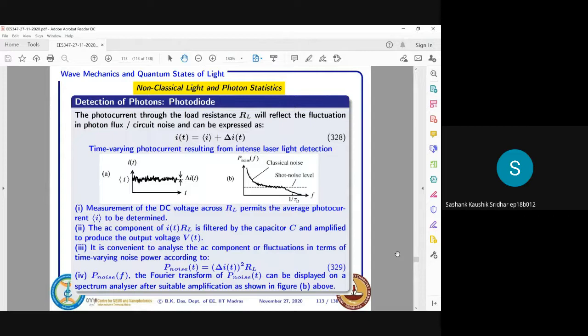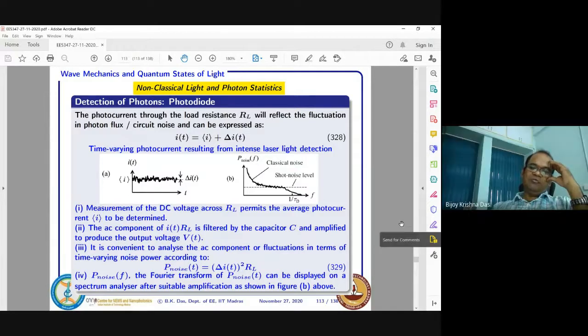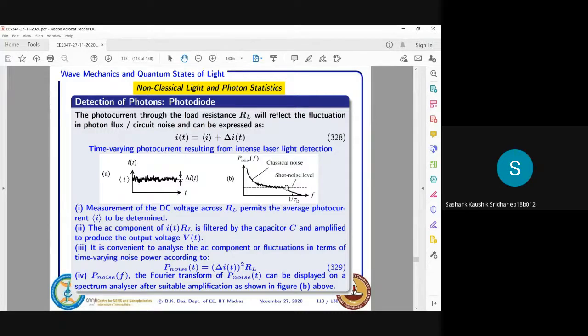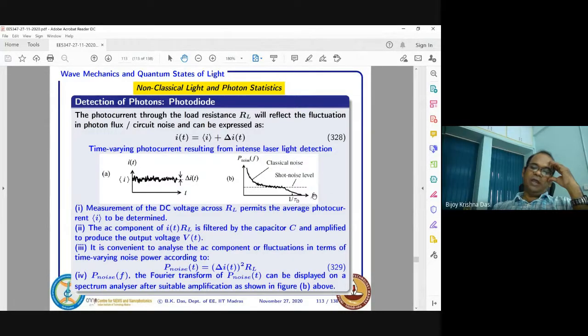in the power of the noise versus the frequency, why is it going after the saturation to the shot noise level? Why is it going to zero after a point? Yeah, that is when we'll discuss the shot noise, that will be clear. So we are at this level, this classical noise, when it is reduced to zero, then it is saturated to shot noise. Then shot noise again for very high frequency will be reducing. That I will discuss in the shot noise.